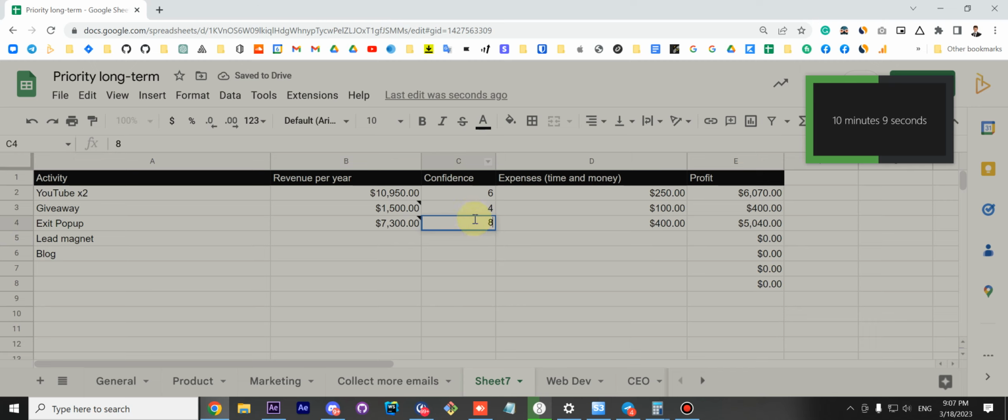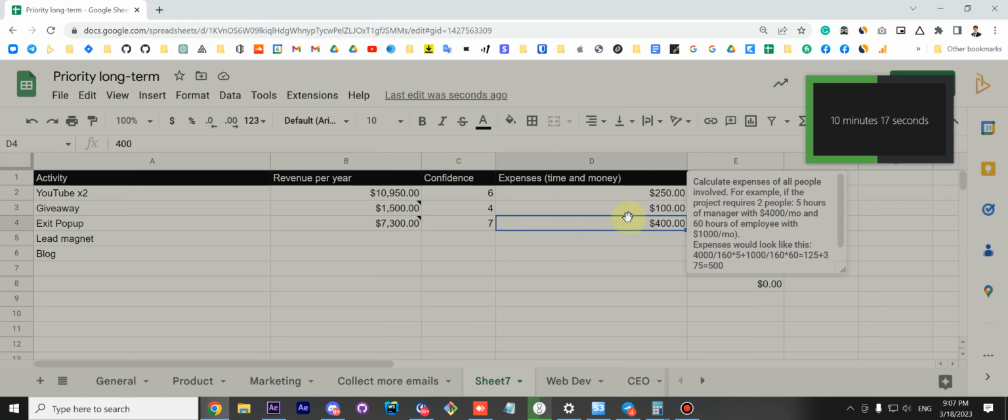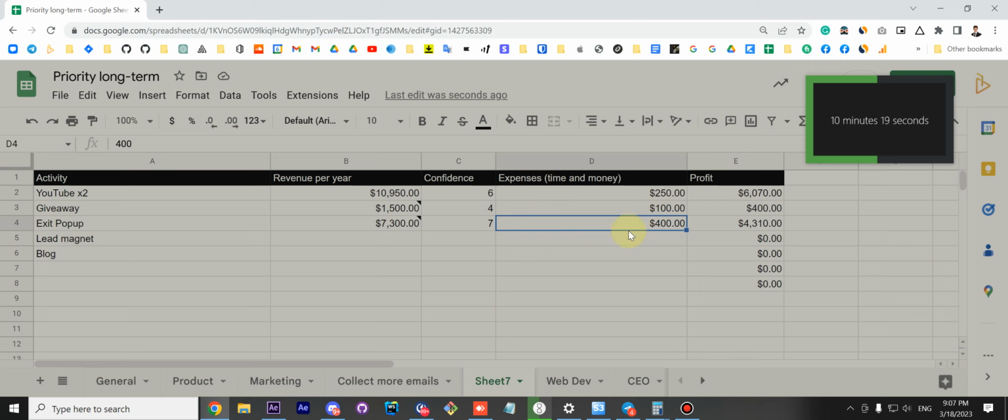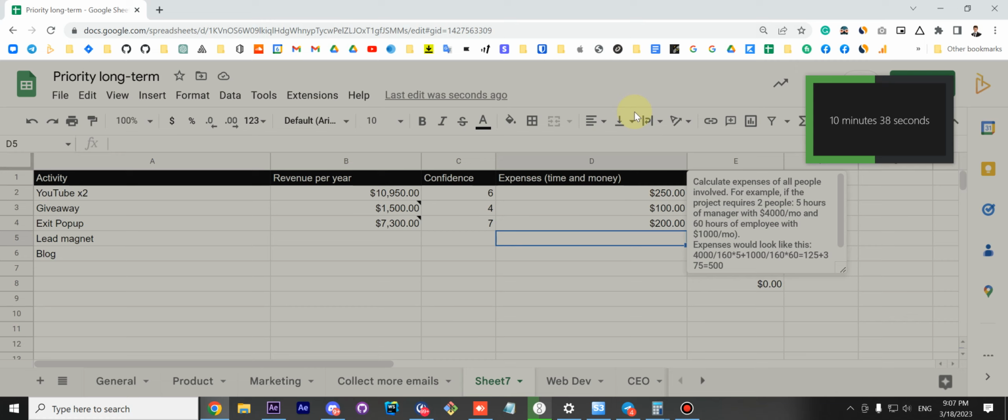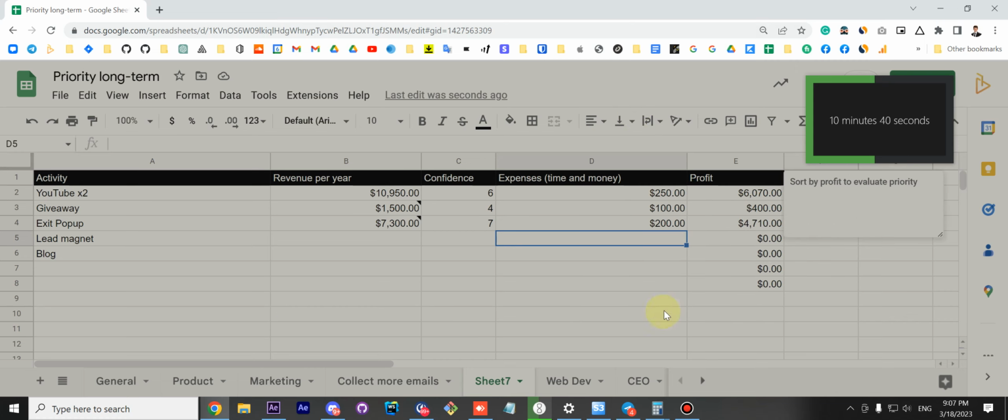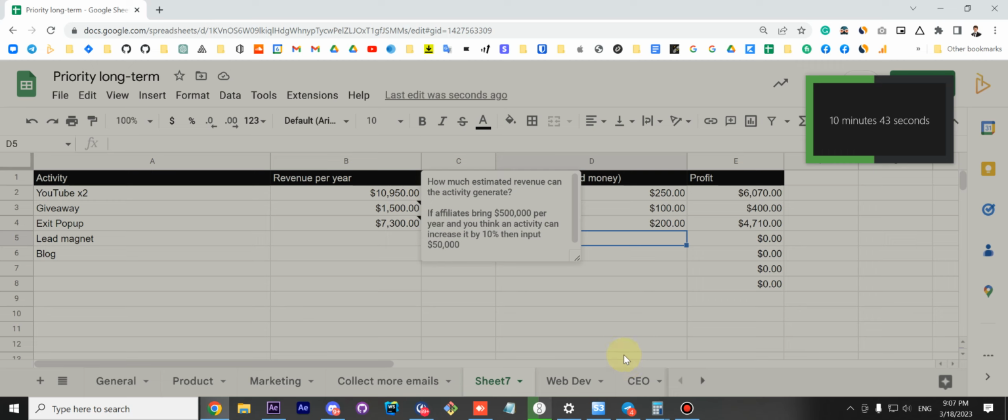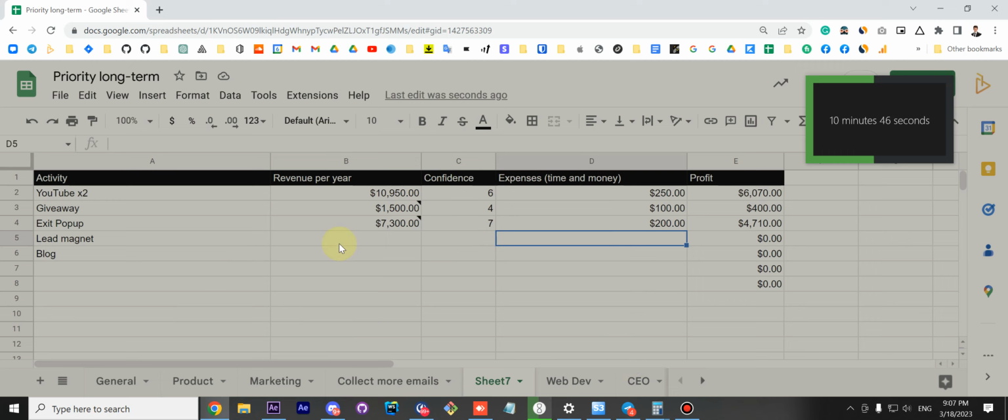That's significant. So that's per year. And how confident? I would give it a 7, because exit pop-ups work. They're annoying, but they work. And expenses, it depends. If you know how to set it up yourself, it could take 1 hour. There are some free plugins you could use on WordPress, or you can pay a developer. But anyway, let's say $200. And these numbers are just an estimate, so you don't need to be specific. Right now we're just going high level, just to understand what ideas